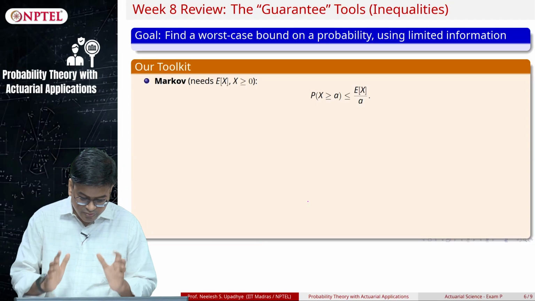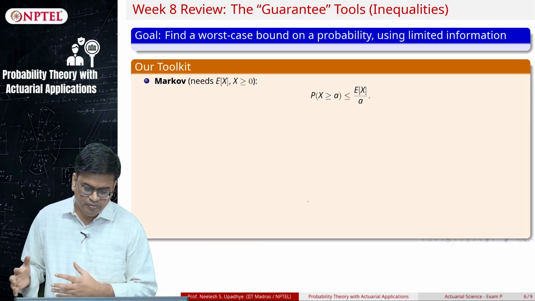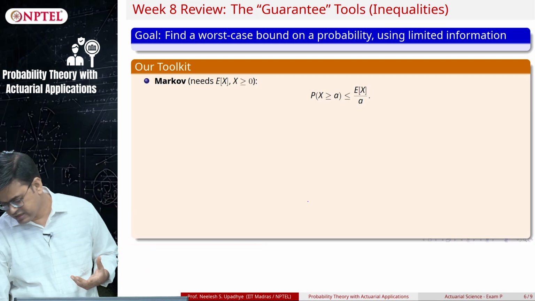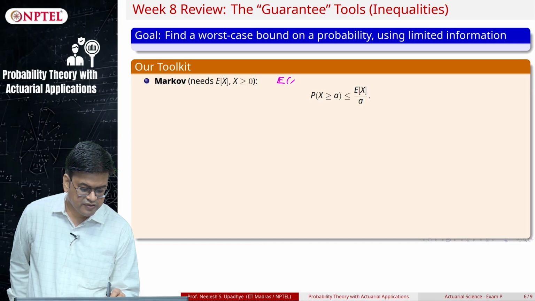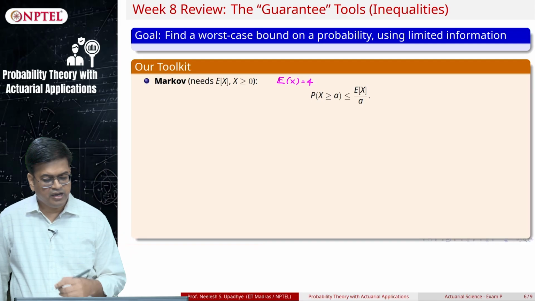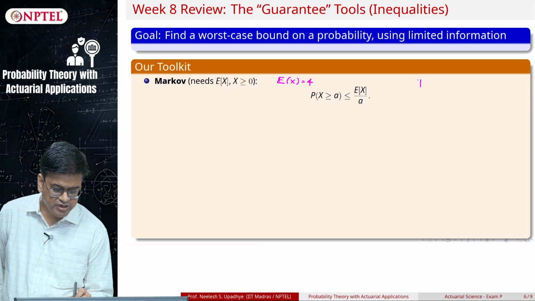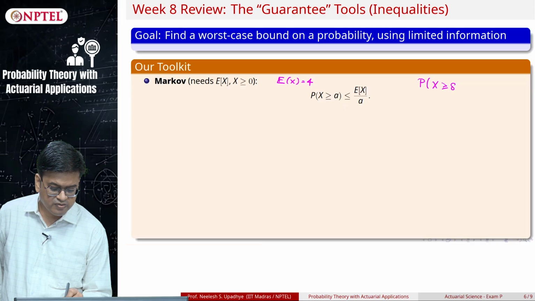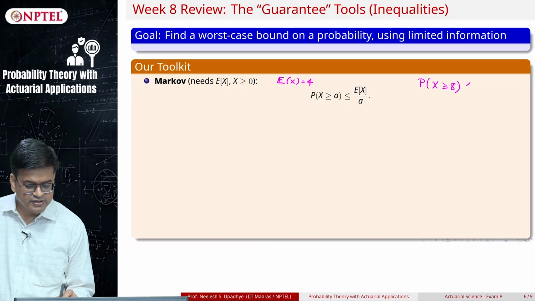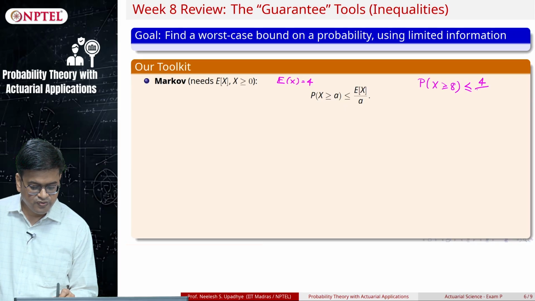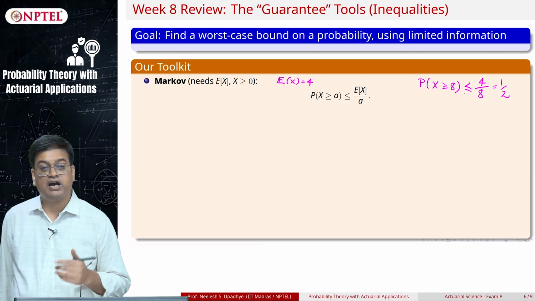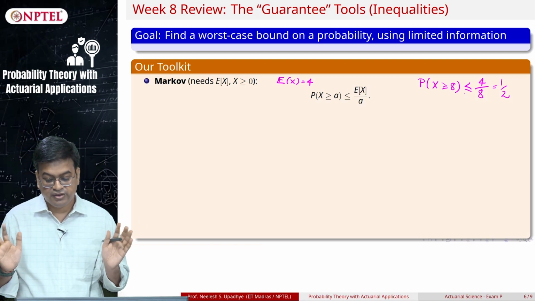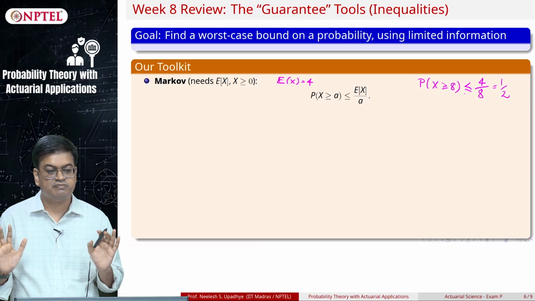Okay. So, this gave me some crude bound, some very vague bound, in terms of the expected value of x. Let us understand it in this way: if my expected value of x is say 4, and I ask you what is the probability that x is greater than or equal to 8, what should I answer? The answer is 4 by 8, which is equal to half. So, the probability of x greater than or equal to 8 is at most half. Okay. So, this may not be a very accurate answer, however, I have some estimate, right.